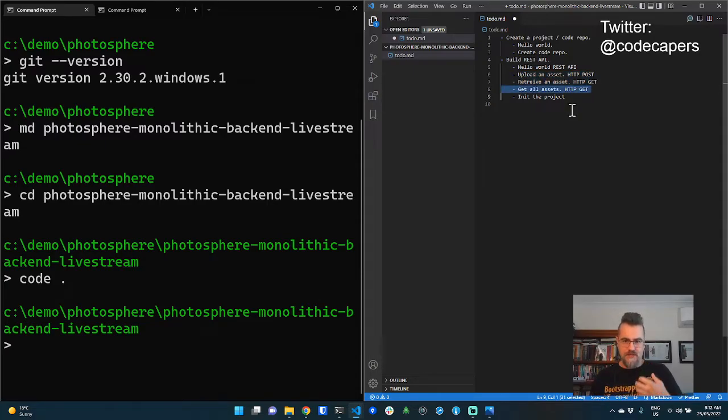Finally, I'm going to add the REST API to get a list of all the projects. I don't know what that last thing is there. We don't need that. So that's it. This is all that's required for the moment for our simple monolithic backend. And of course, we're going to worry about things like front ends later in future live streams. Today, we're just going to build this real simple backend.